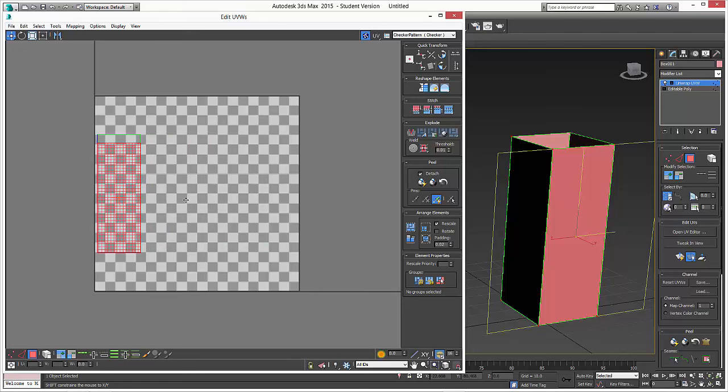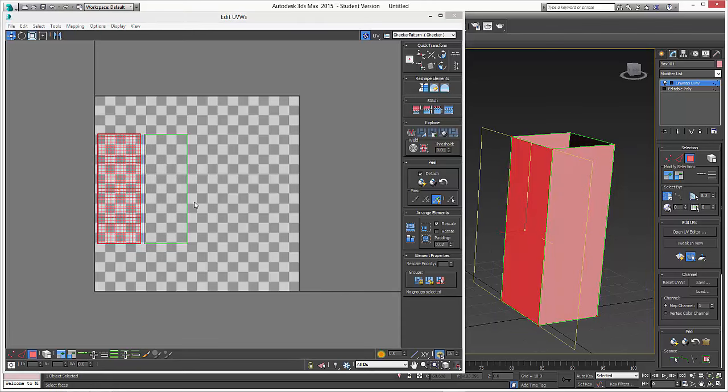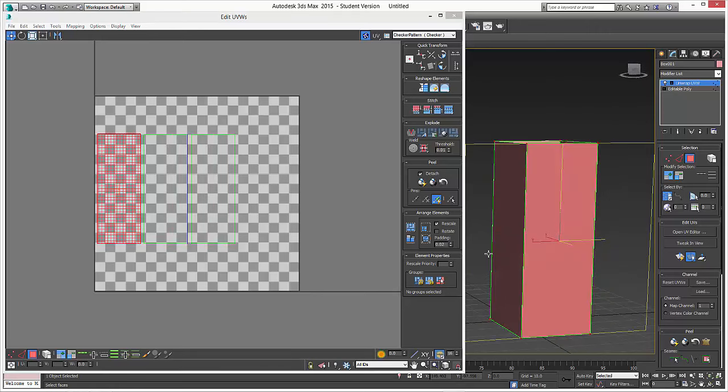So it's moving along one line, so that way they're all in line parallel with each other. That's really important. So I'm going to click, hold down shift, and then I'll move it. Click, hold down shift, and then move. Okay, so we've got